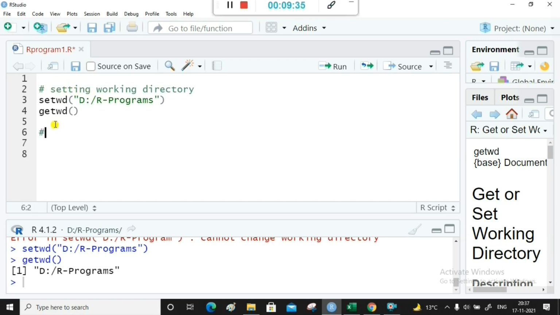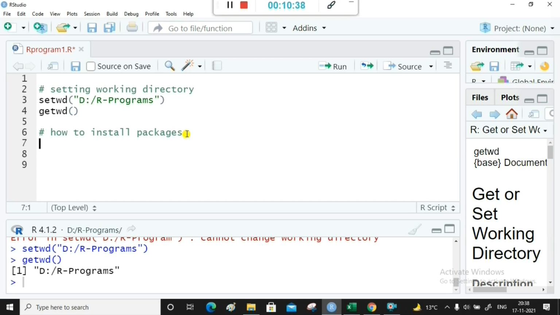Next I will show you how to install a package. Now in my next few videos I will be using a package called roughsets. In that package we have a lot of functions which are related to roughset theory, and first we need to install the package. Now for installing a package we are required to be connected with the internet.